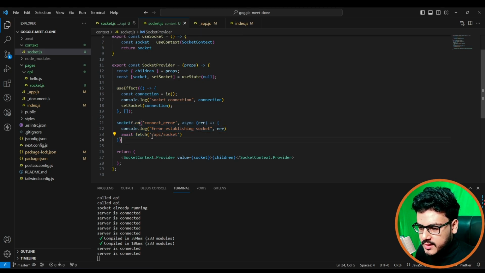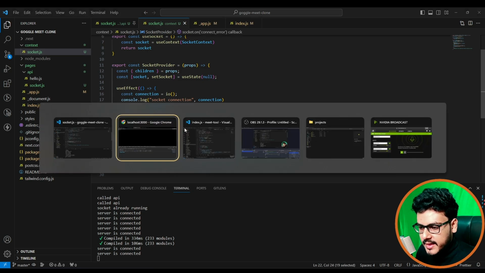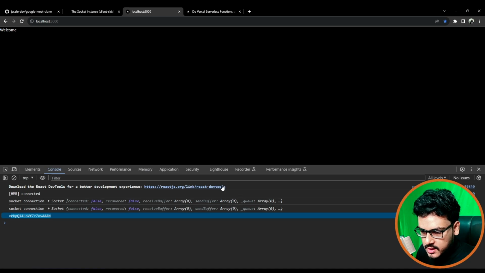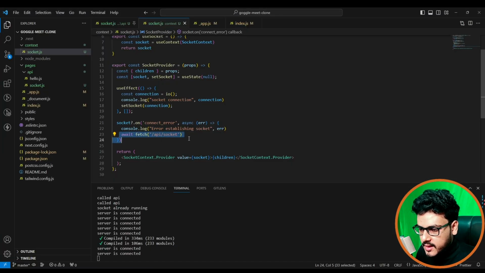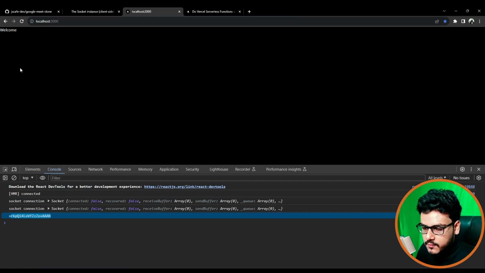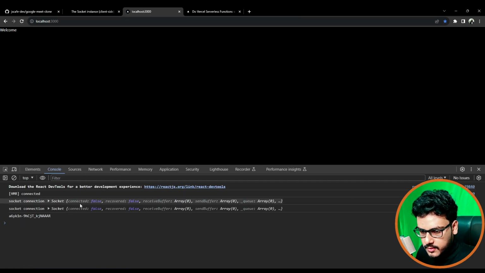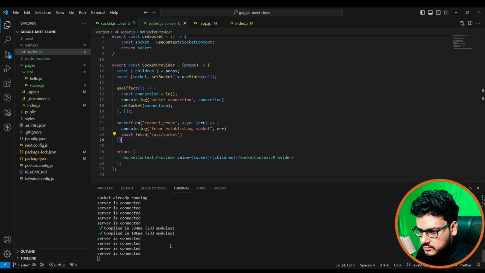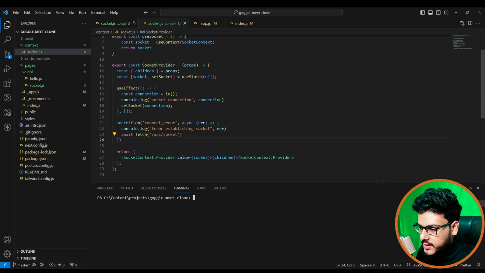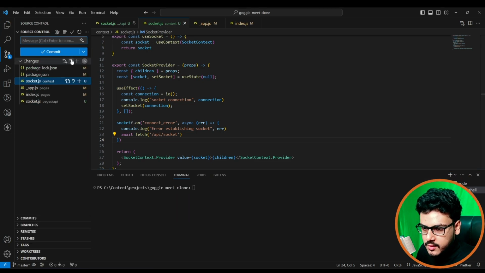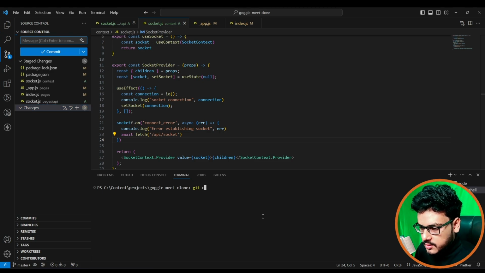So we have Socket.IO. I was talking about this part, right? So over here, whenever there is a connection error, we say error establishing connection, and what we did was an await fetch, and this started to work fine, right? So this was the basic setup of Socket.IO. So I'll just quickly head over and add everything for a commit. So git commit -m